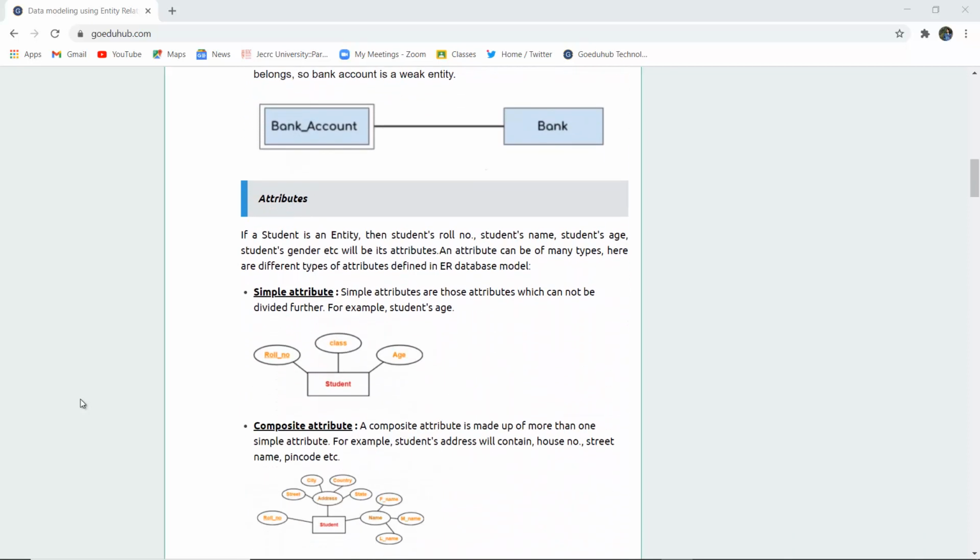Similarly, coming next, what are attributes? If student is an entity, then student roll number, student name, student age and gender, etc. are its attributes. Attributes are denoted with the help of circle or ellipse format, and a line connects them to the entity. Simple attributes are denoted over here. For example, there is a student in this particular entity set, and the attributes are roll number, class and age